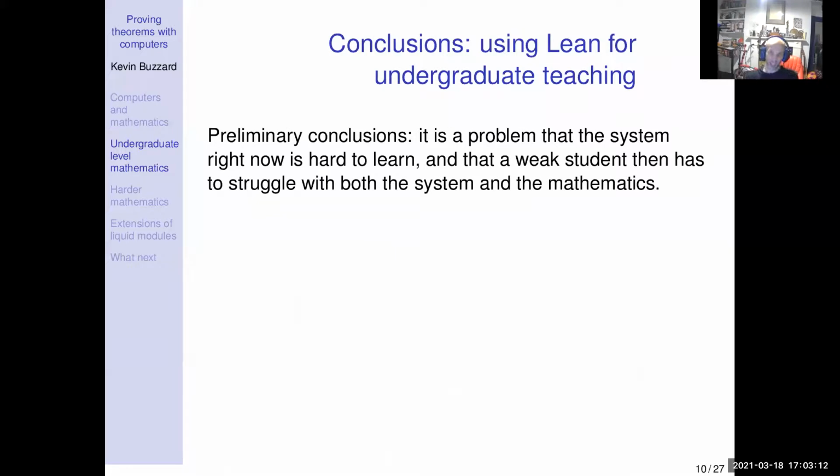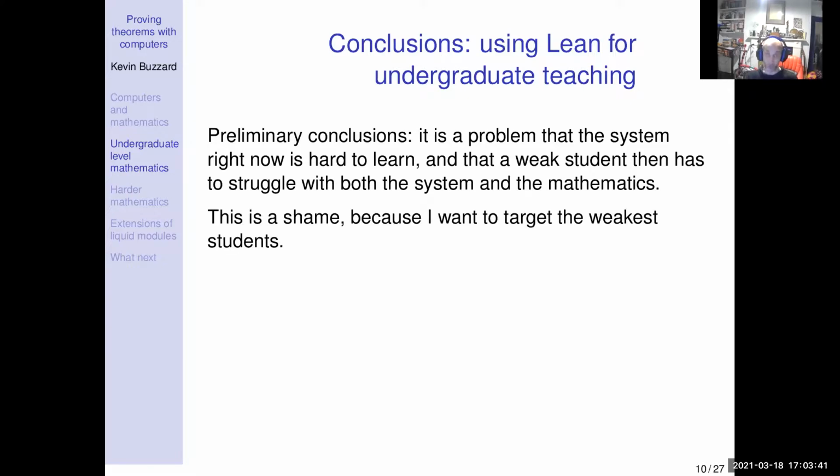So my preliminary conclusions are that actually the system is hard to learn, and it was typically only the bright people that would engage with the prospect of learning it. And if you're a weak student, then it's very difficult to learn the mathematics and learn the system at the same time. So my initial hope that I could use it to teach weak students about swapping quantifiers hasn't been realized yet, and we've got to wait for the system to become easier, or a new system to come along,